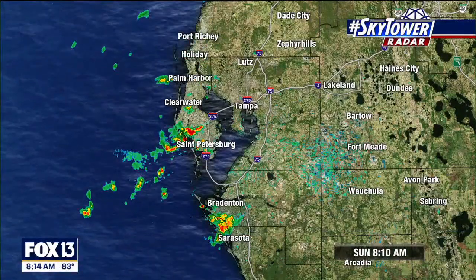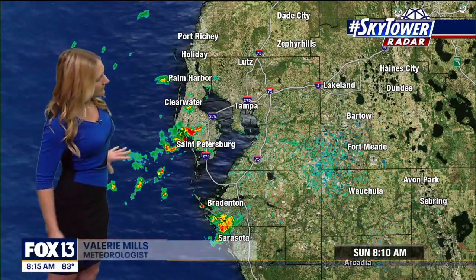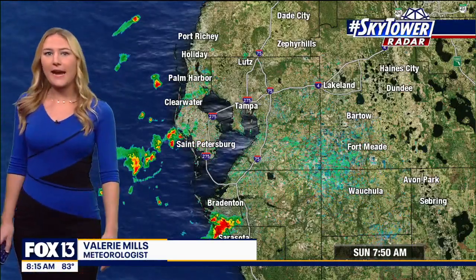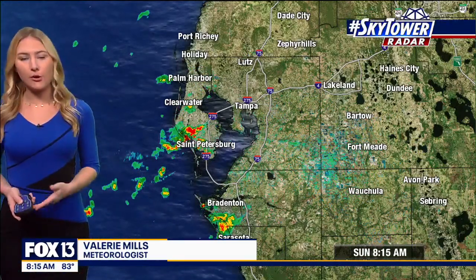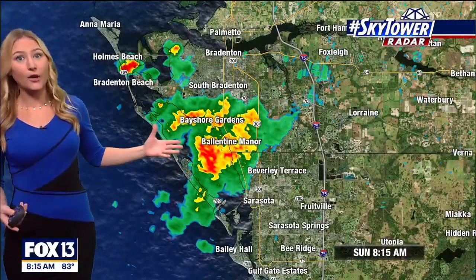Let's go ahead and jump right into Sky Tower radar. We're still watching a couple of coastal spots that are getting in with some of this heavy rain. These are relatively slow moving, so even though it's just a couple of blips on the radar, the spots that are getting in on the rain,